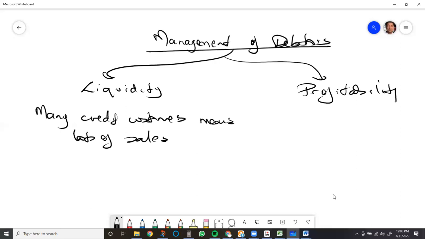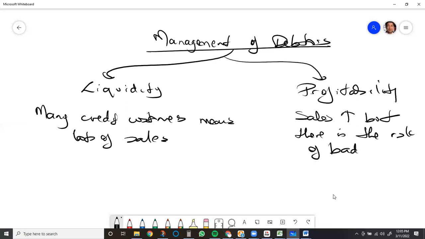As far as profitability goes, though, sales will go up, obviously, but there is the risk of bad debts,